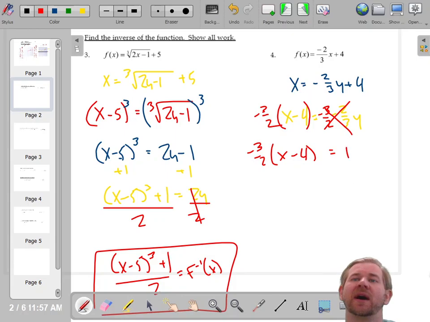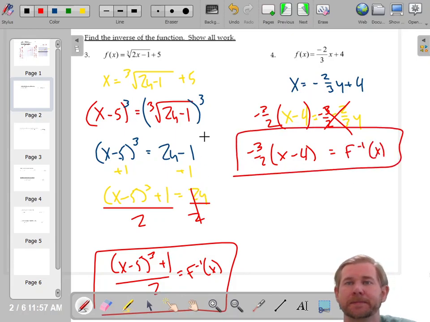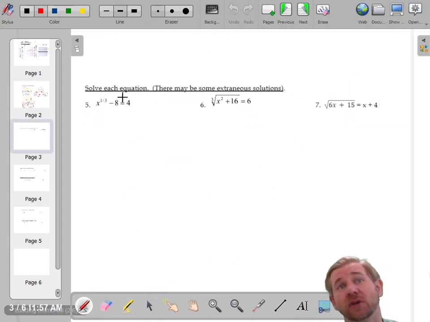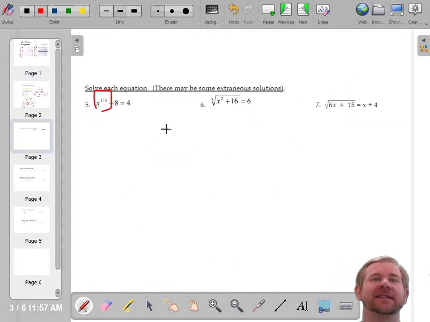But again, instead of y, let's write this as f inverse of x. So flip x and y, solve for y. It's basically solving equations, but you have an extra variable in there. So speaking of solving equations, isolate the root